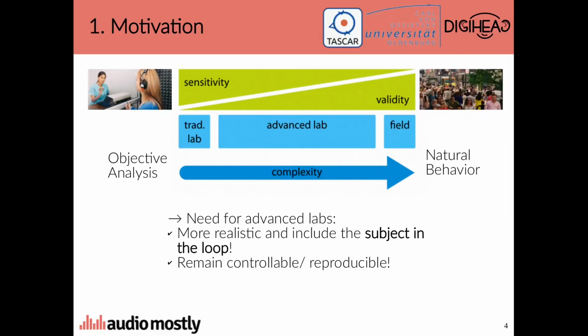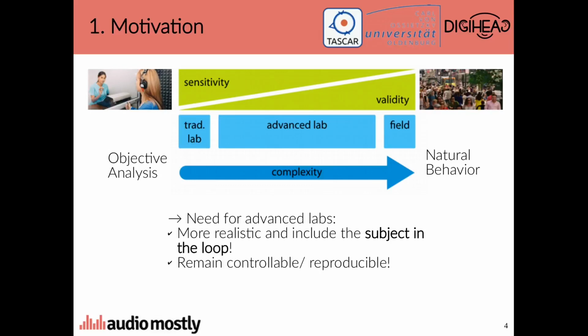But of course the complexity of these scenes will be limited, and therefore the validity will also be limited. Whereas on the right side you can see this street environment, which gives us the field measurements, with high validity. So it's very similar to what it is in real life,